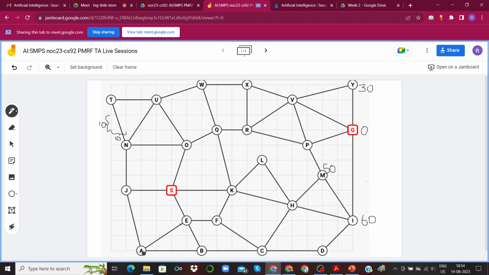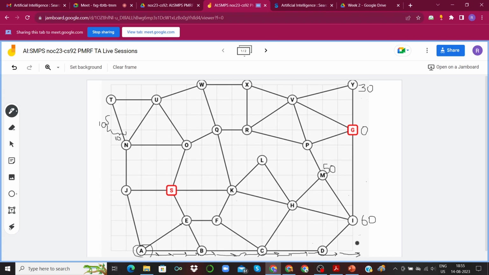If we start from this particular node A, we can go one box to the right, 2, 3, 4, 5, 6, 7, 8, 9, 10, 11, sorry about that, 12, 13, 14.